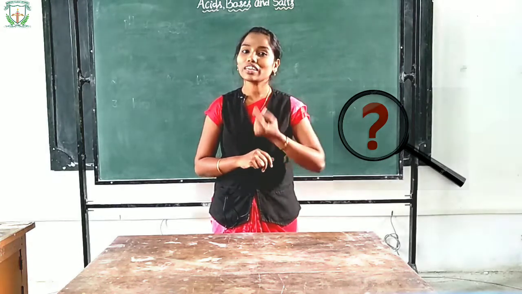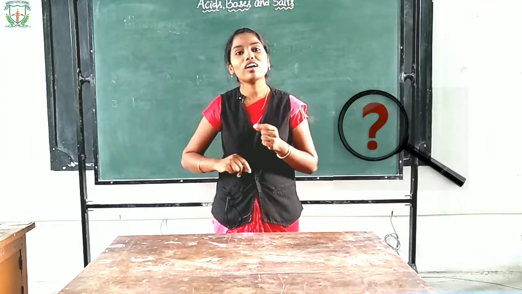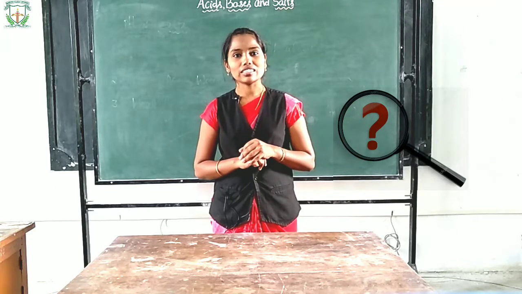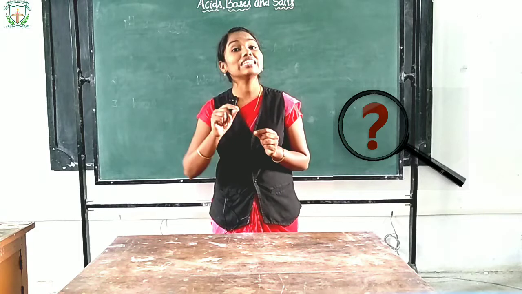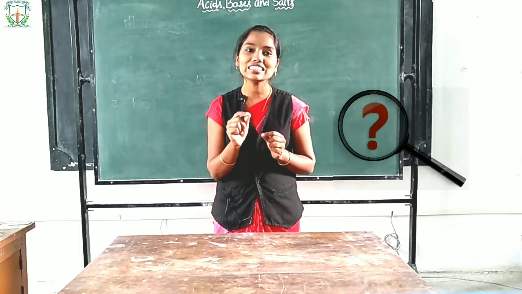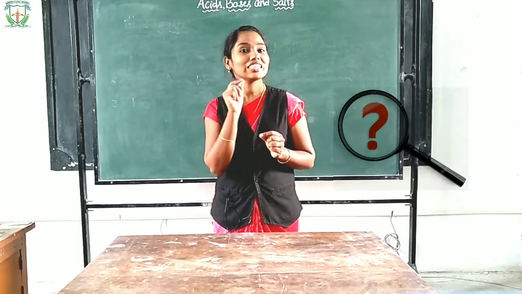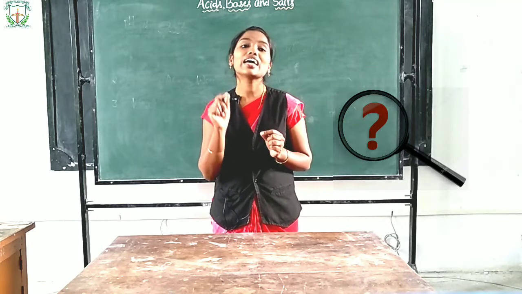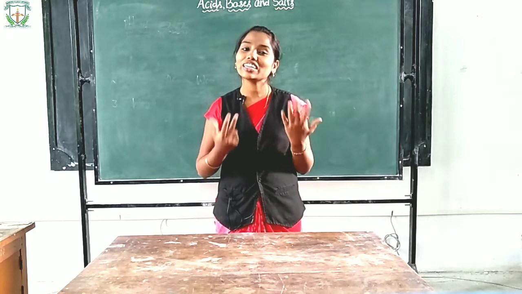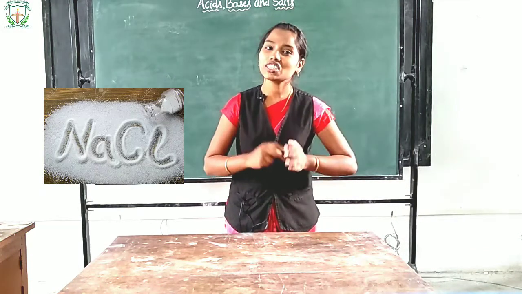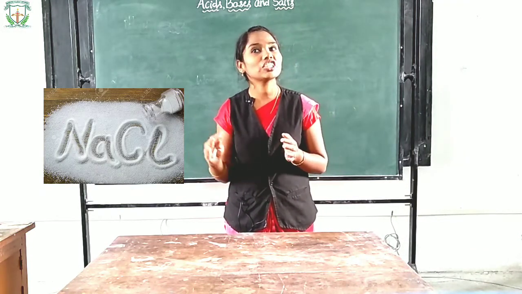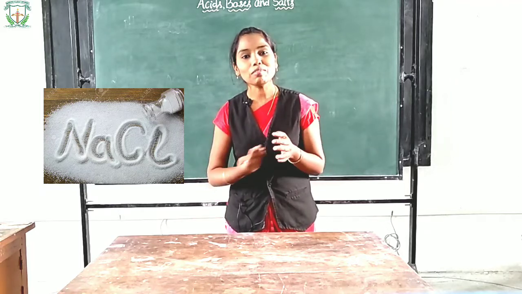So I am going to give the second clue. From that all of you are going to find out the answer. The second clue is, this salt is the main symbol during Gandhiji's Dandi March. Okay, what is that salt then? Yes, it is common salt. Common salt is the raw material for the preparation or manufacture of many materials.